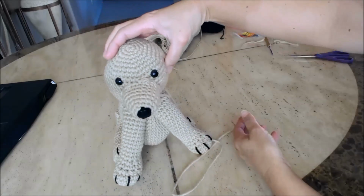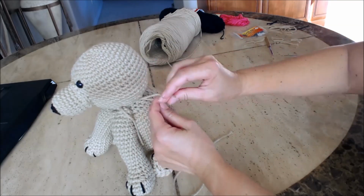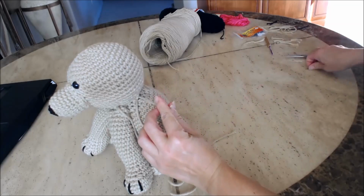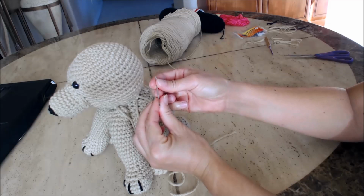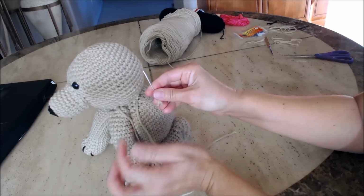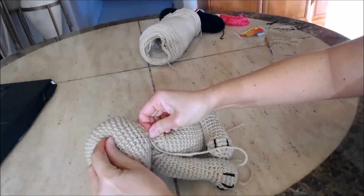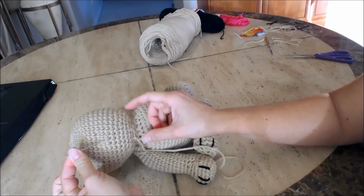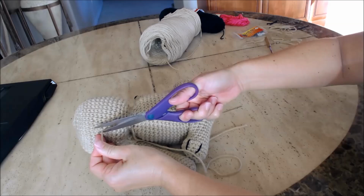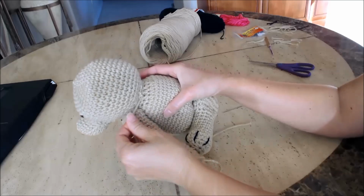And then once you've sewed it in place, make sure that you have a good knot in. And then we're going to sew in the ends. Just take your tapestry needle and any loose ends that you have, go through anywhere on the neck, and then go up through the head and pull it through. And then just take your scissors and cut. And then you can't see it. So go ahead and bury all of your yarn ends,